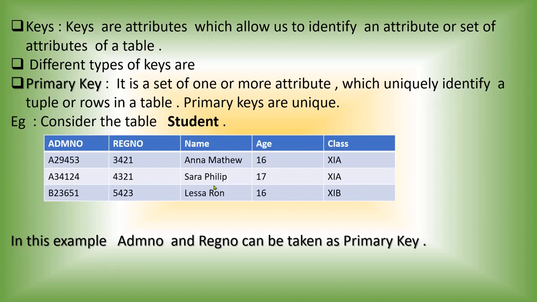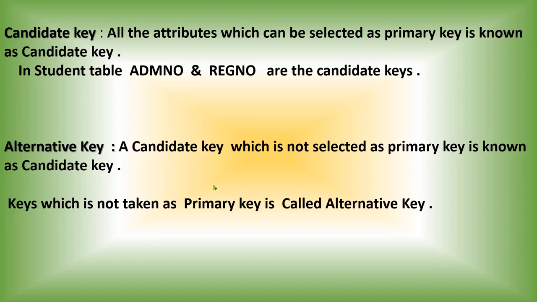And next we can see what is meant by candidate key. From the name itself you can guess what it is. Candidate keys are the candidates for the selection of the primary key. They can be selected as the primary key. In a table we can have only one primary key. We cannot select more than one primary key. Only one primary key, but a combination of attributes can be a primary key. A combination of more than one attribute will be taken as the primary key.